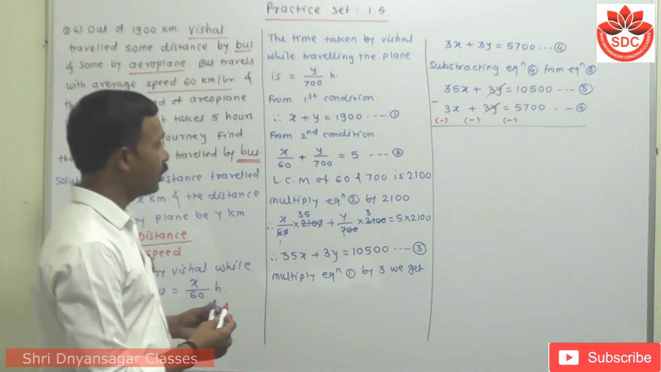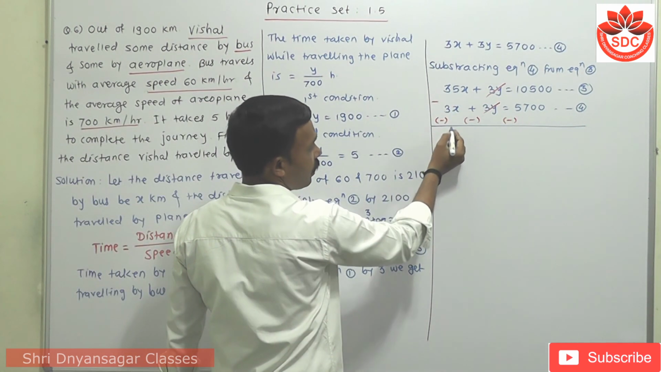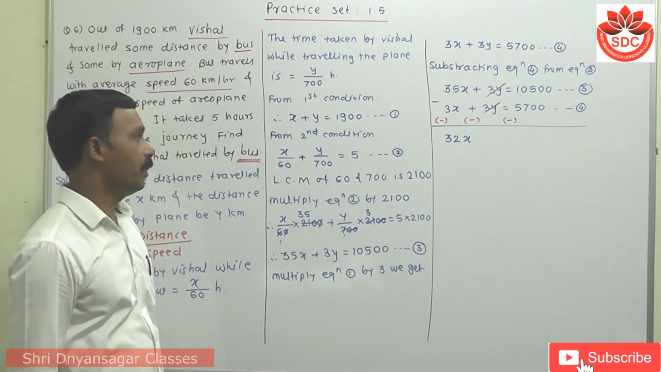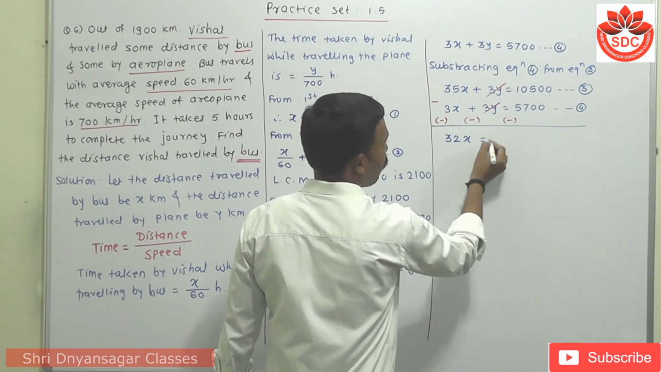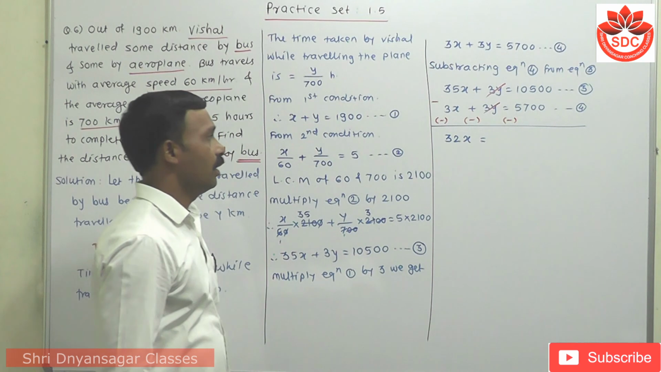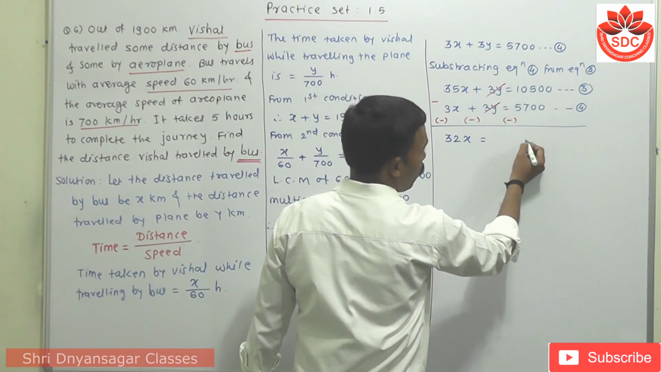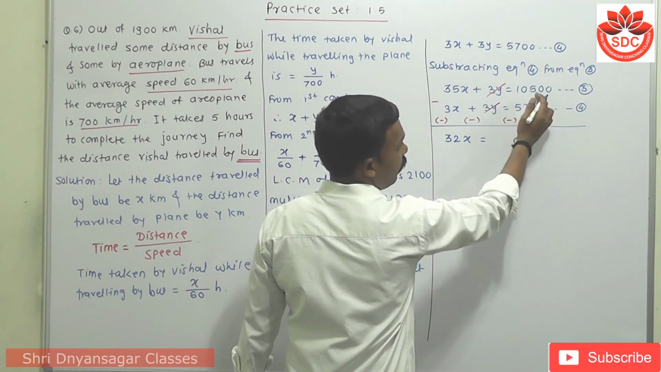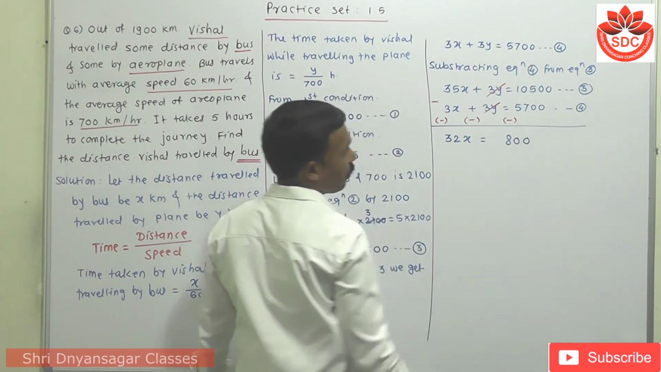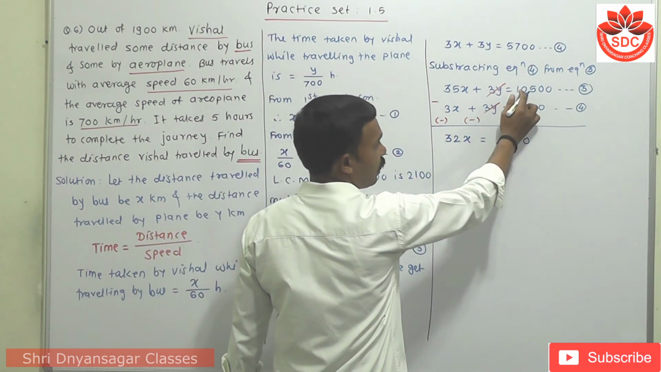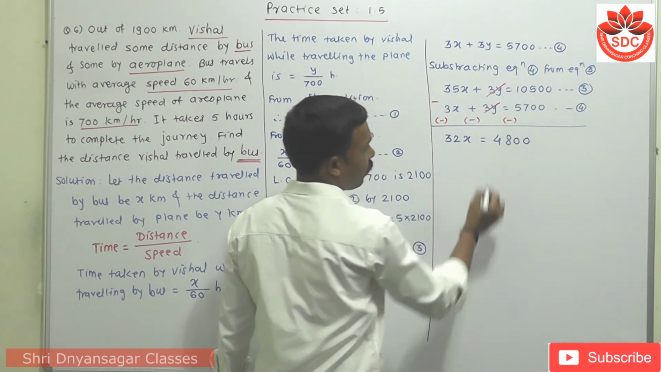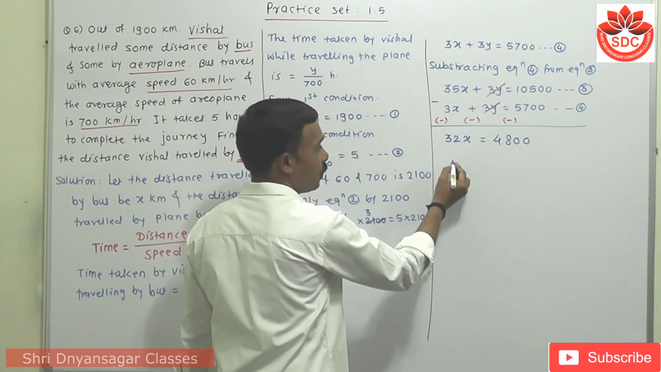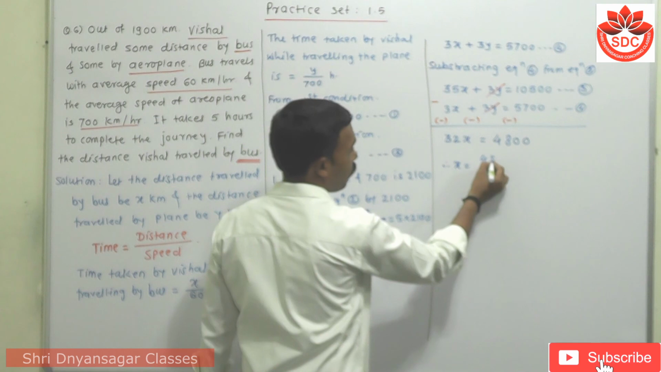Then what is the subtraction? 35 minus 3 becomes 32x. Here it is plus because 35 has a plus sign. Then we subtract 5,700 from 10,500, which becomes 8, then remaining 9, 9 minus 5 becomes 4, so 4,800. Now this 32 is transposed to the other side, and we get x is equal to